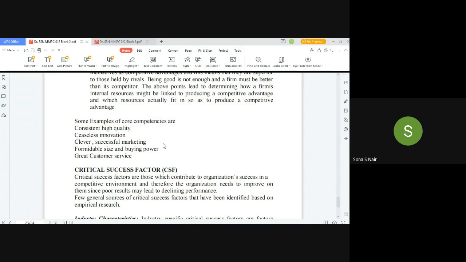Is the concept of core competency and capability clear? Let us look at an example. Suppose we're talking of an advertising firm. Now, what could be the capabilities which an advertising firm has? An advertising firm has a lot of capabilities. What is required in an advertising firm, basically? In an advertising industry.